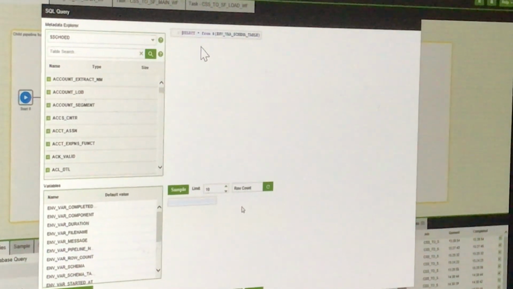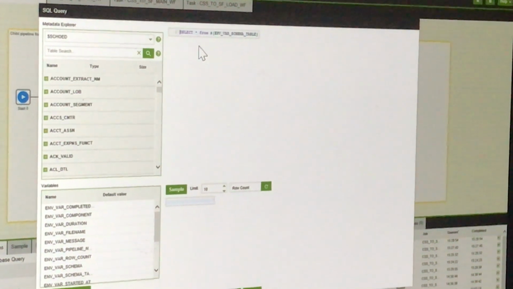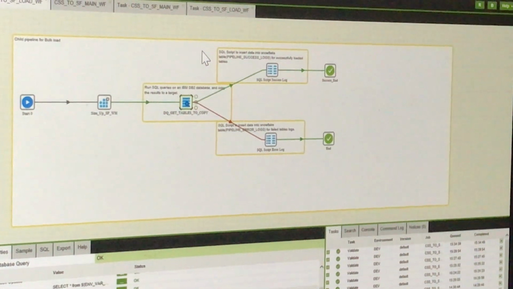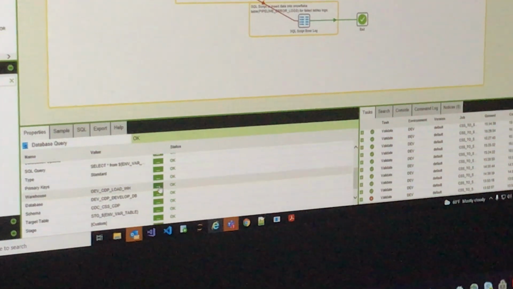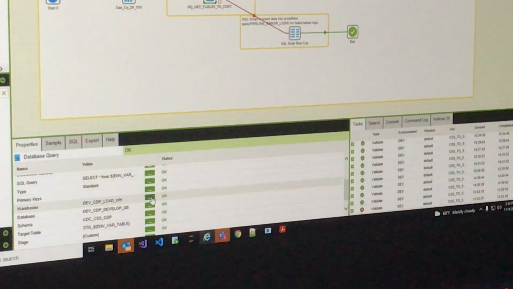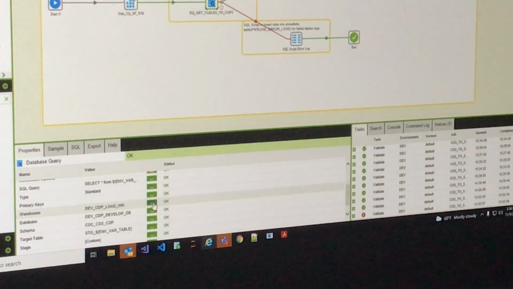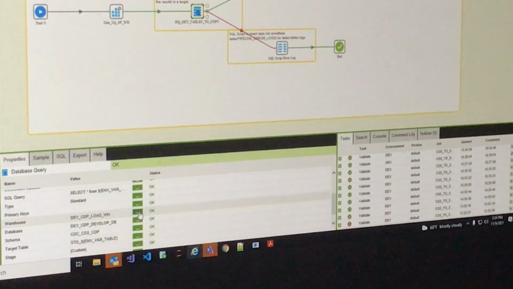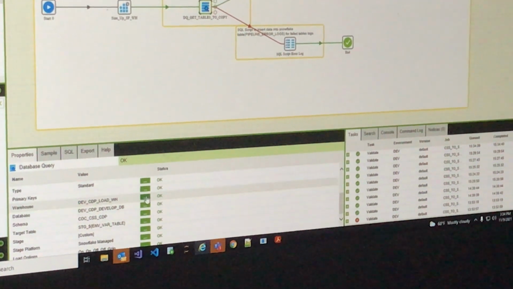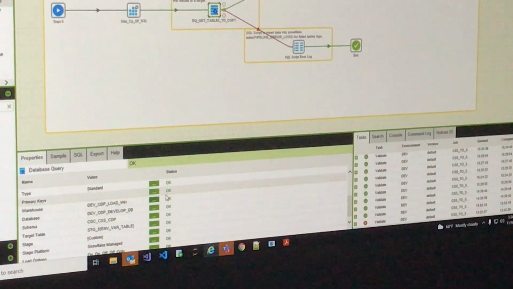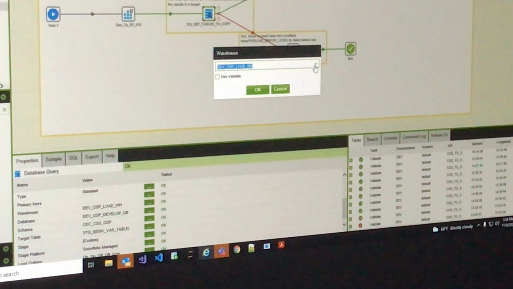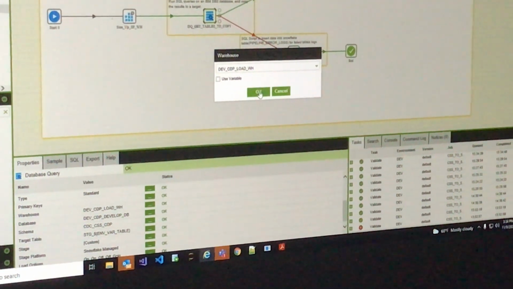So it's simple, and the type is standard primary key, with no need to define a warehouse. It will automatically come into the drop down from whatever we have in Snowflake. For loading, we are using a load warehouse, and if we are creating tables and that kind of stuff, then we use a support warehouse. But Matillion is using only the load warehouse, so you don't have to worry about it. You'll not see another option even here. If you click here, we'll just have one. So no need to worry.